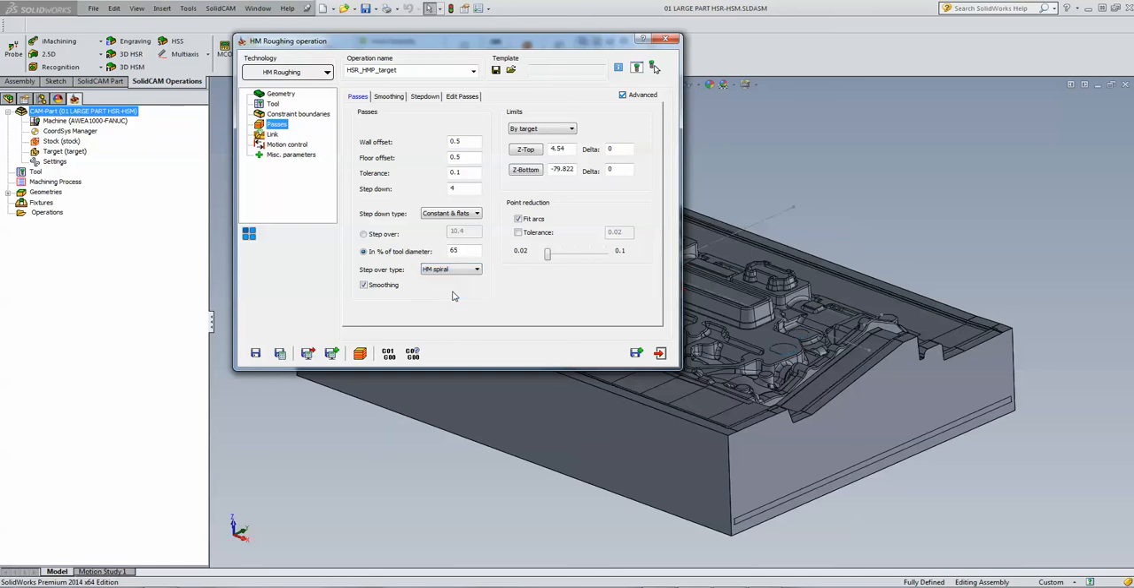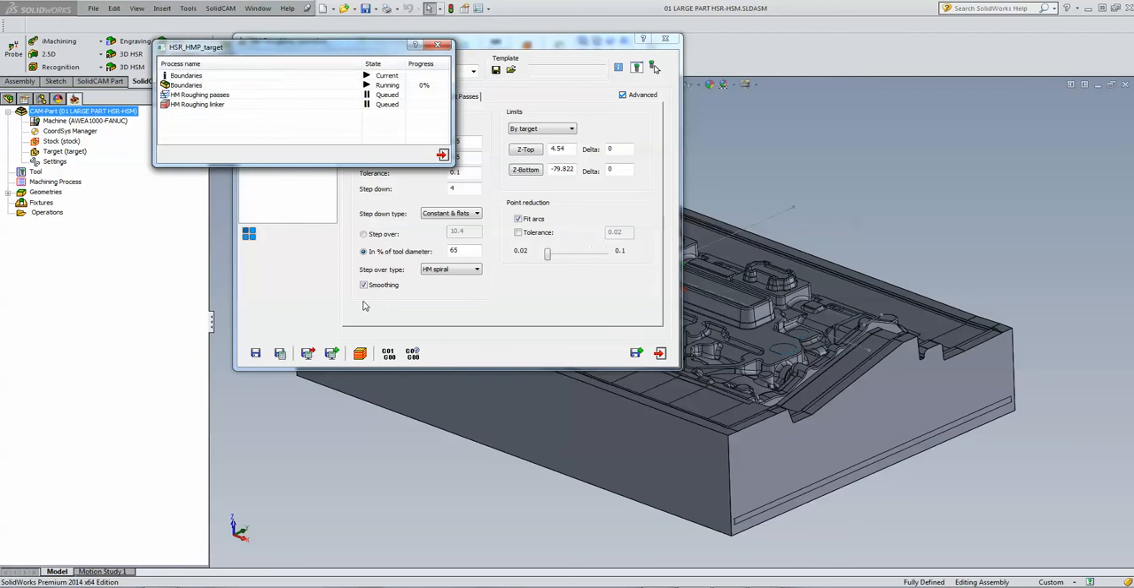Let's actually use HM Spiral. I'm going to click on Save and Calculate, and it's going immediately into the calculation, and we'll see the exact toolpath that we get. Okay, let's just finish the calculation itself. As you see, it's right now doing the HM roughing passes, and we'll finish that in a moment,